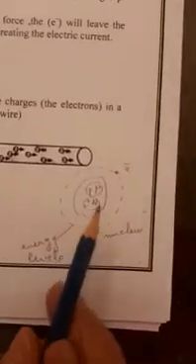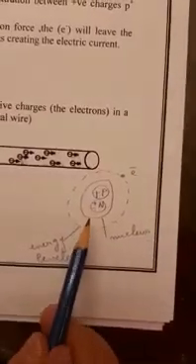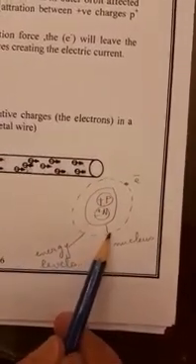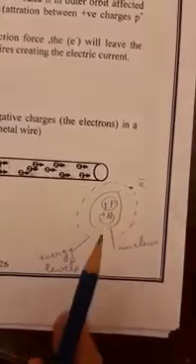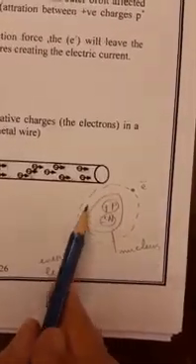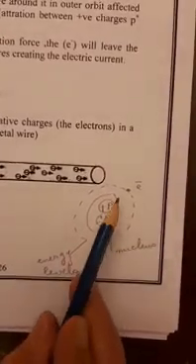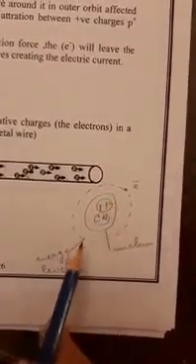Before we talk about the electric current, let's remember together the structure of the atom. In the middle of the atom, there was a nucleus. In the nucleus, there were positive protons and neutral neutrons. Around the nucleus, there were imaginary pathways, just like the imaginary pathway of the Earth around the Sun. But this imaginary pathway, they are called energy levels, and in them, electrons will rotate around the